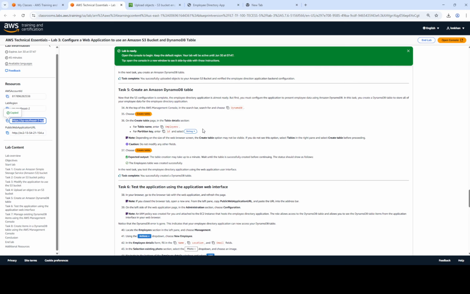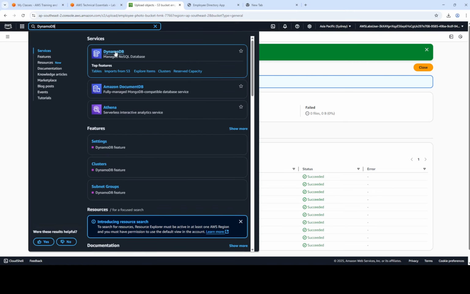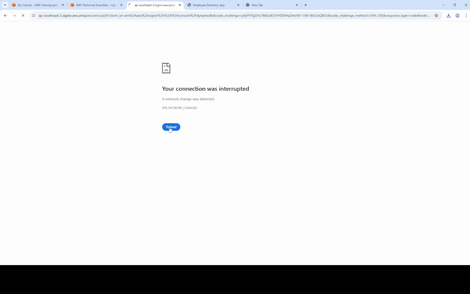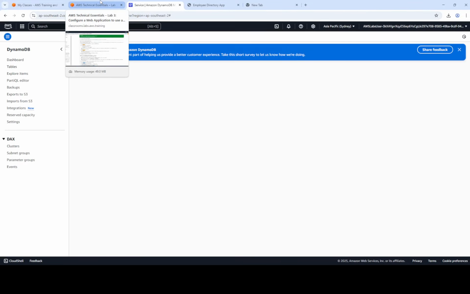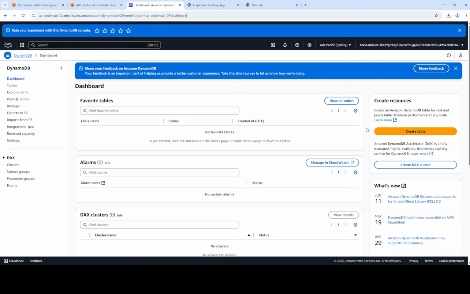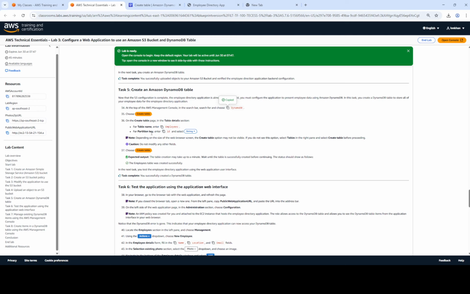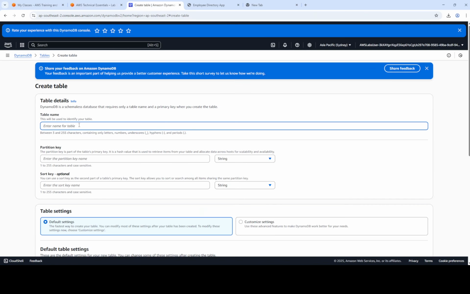right? So come to the task number 5, where we are going to work with Amazon DynamoDB. In this task, we are going to initiate DynamoDB now. So we are going to open the DynamoDB service. So in here, we are going to create a table. Create a table. So the table name,